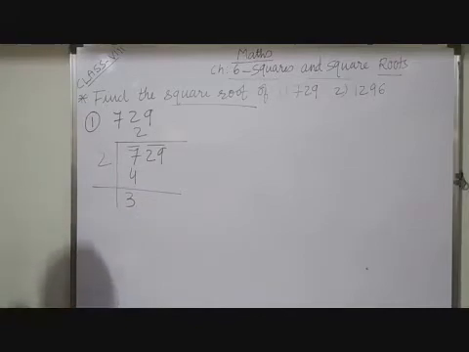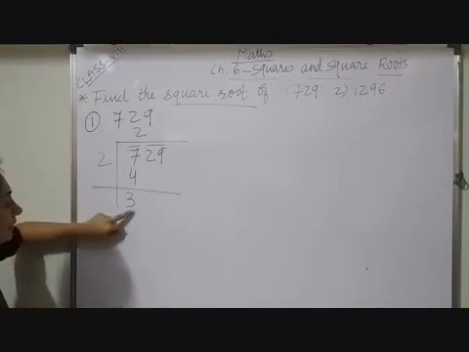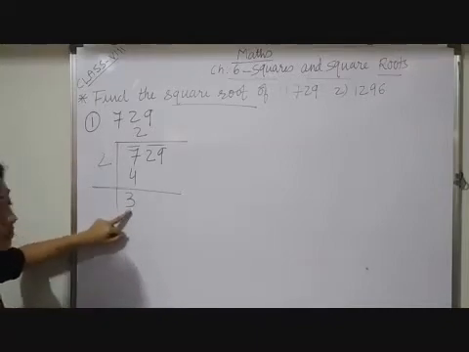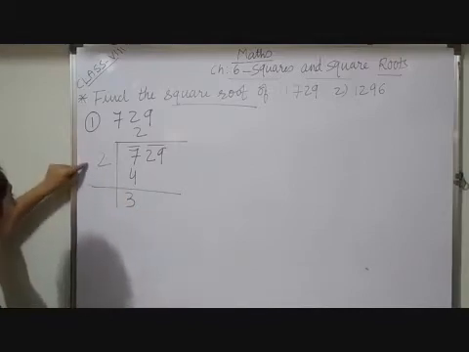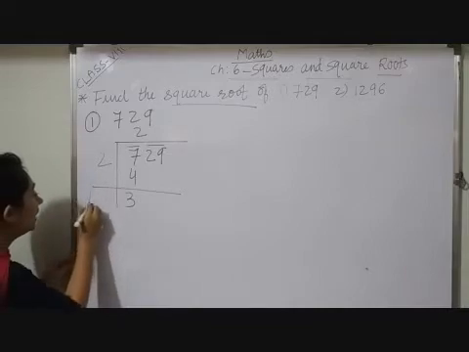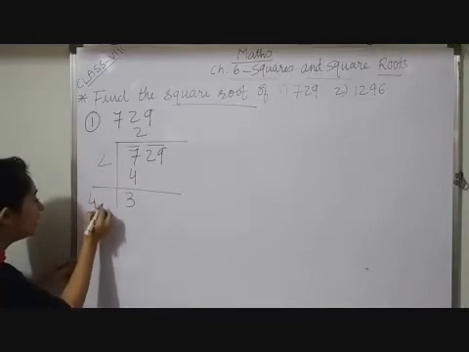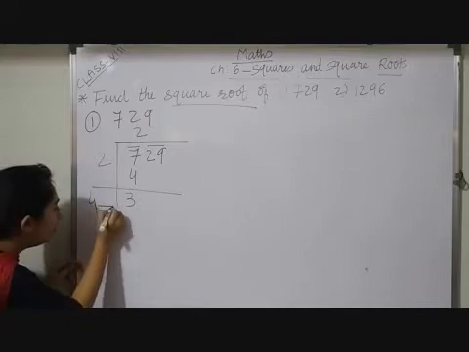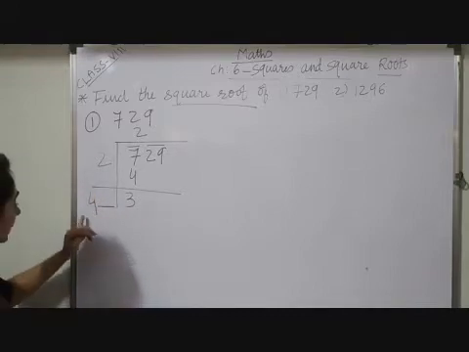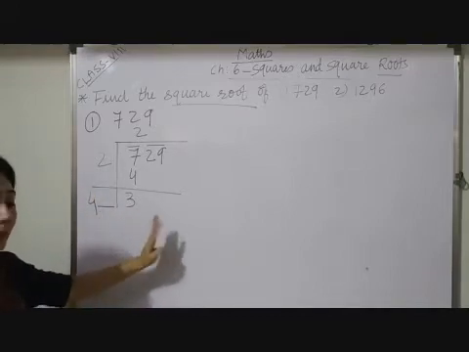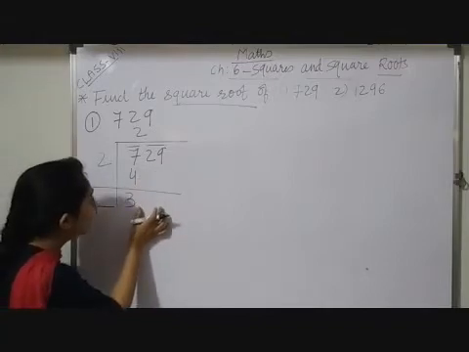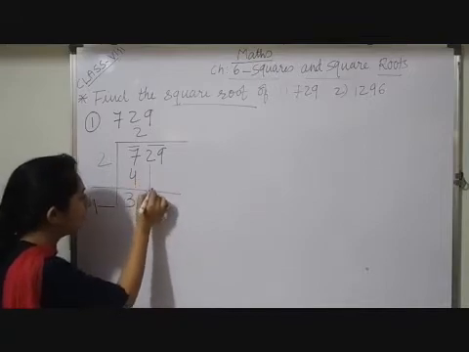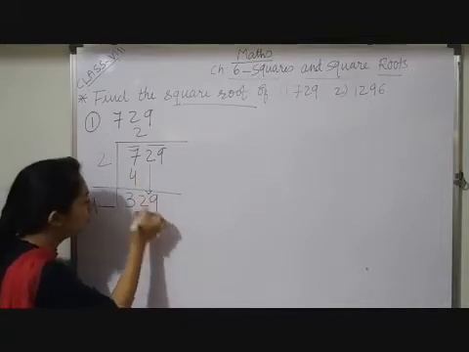Now what changes do you have to make in the divisor's place? After subtracting, you have to double the divisor. So here 2 plus 2, I will write 4. This 4 you will enter with a blank on its upper right. Now after that, what changes will be there? I have to bring down this pair, so it will be 329.